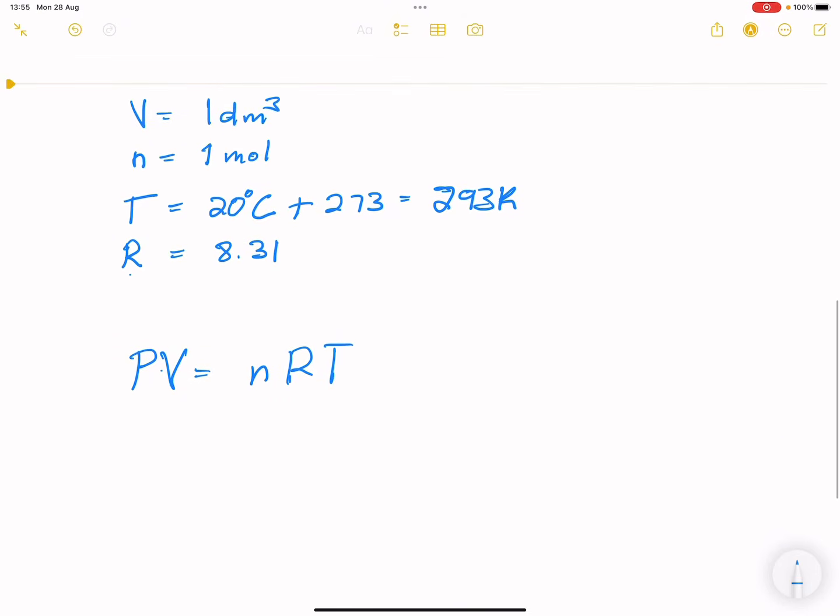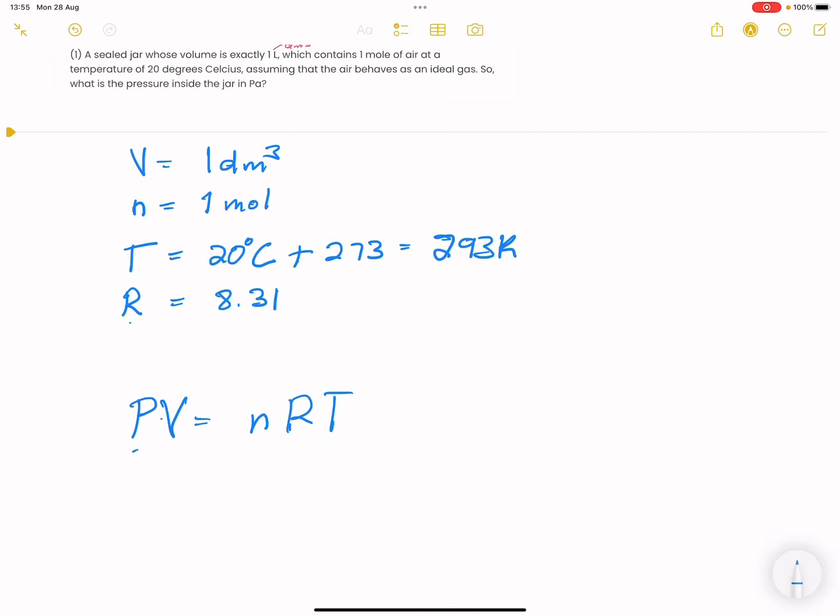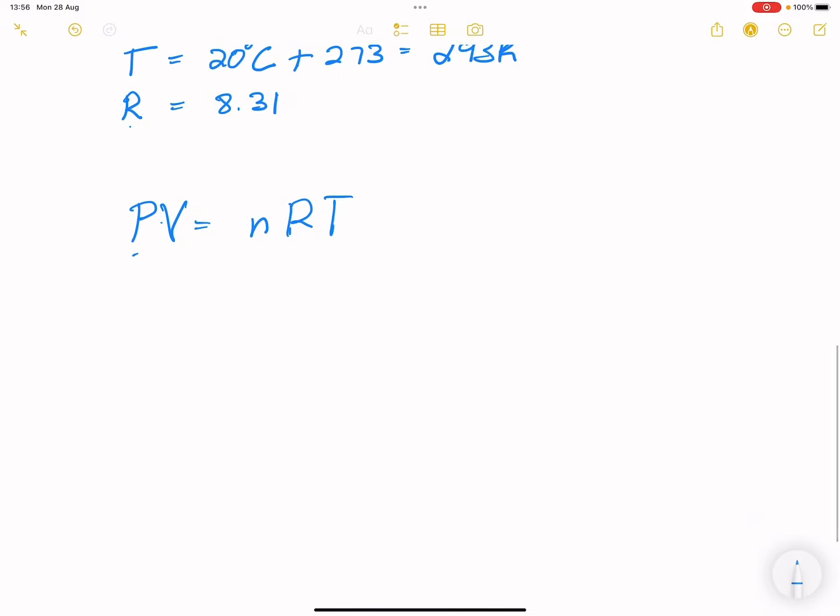Remember I said to you, when we want our pressure in pascals, it means that our volume must be in cubic meters. So because I want pressure in pascals, I'm going to convert the volume of 1 cubic decimeter by dividing that by 1,000. As I said earlier, if I want to convert from cubic decimeters to cubic meters, all I do is divide by 1,000. So this gives me 0.001